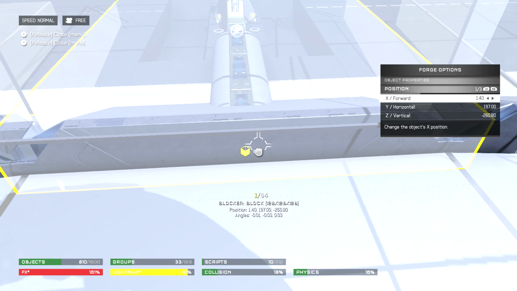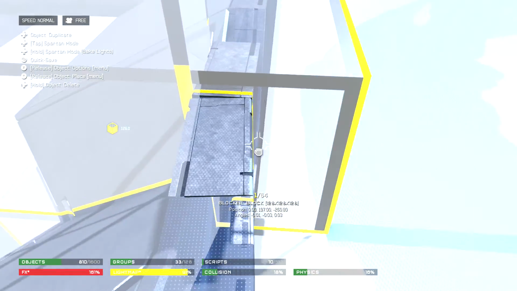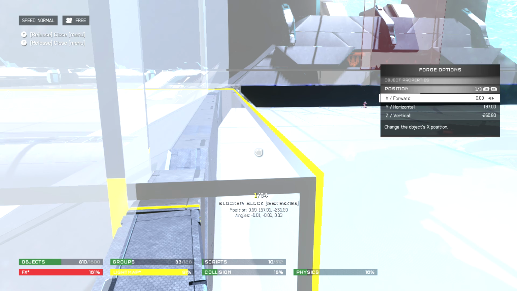Just as I suspected, this is off a template, so everything's in the middle. See, everything's at the 0, 0. Okay, so there's where you want to put this piece here. You're going to take this piece and just put it at your 0 forward, and